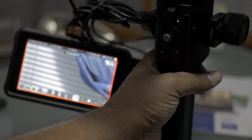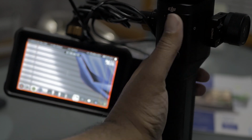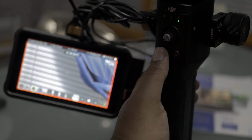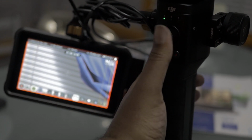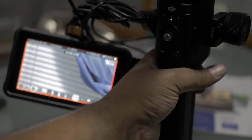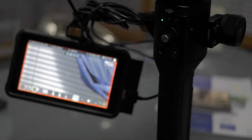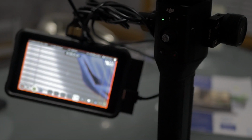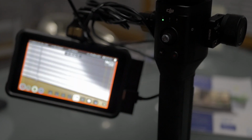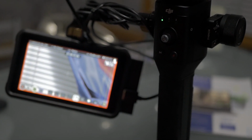Again, very strange. Click on the trigger. No functionality from the trigger. No functionality from the cord. Mode moves around, but doesn't make a difference. I can't control the camera. I believe I have tilt on push mode, so I can do that. I assume that the gimbal is still